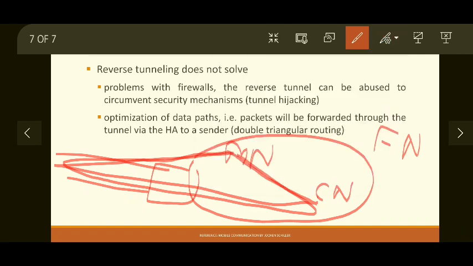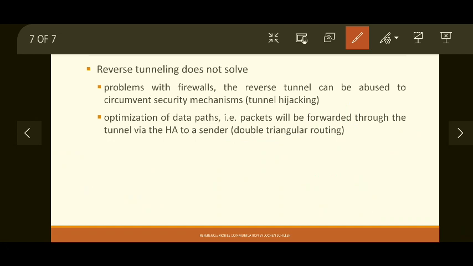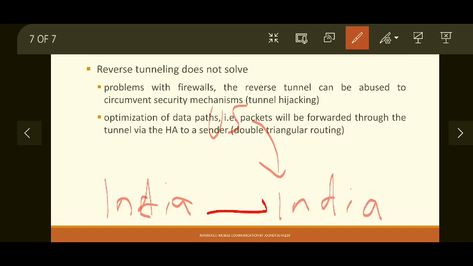A simple example of triangular routing can be a person in India calling a person who is a resident of the US but has currently moved to India. If a person in India is calling a person in India, it should be a direct call.